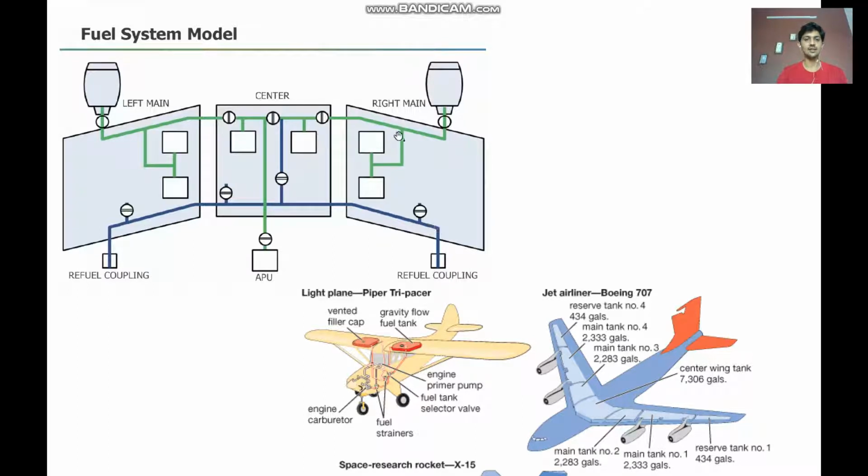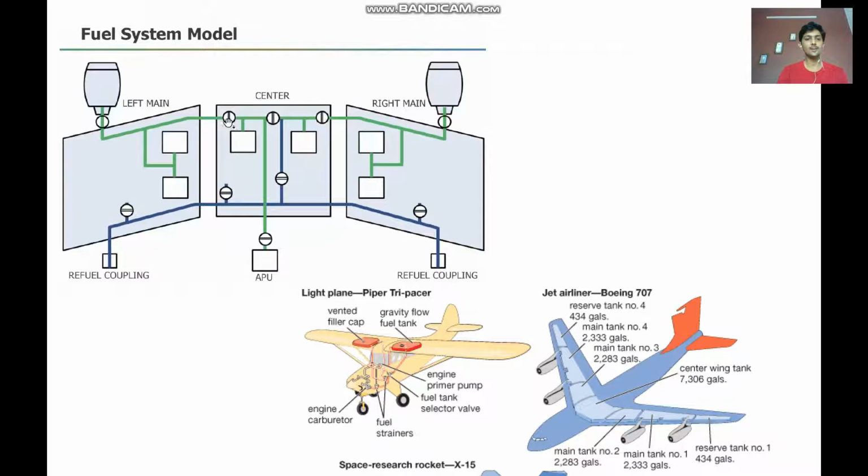Here this green line indicates the feed line, whereas this blue line indicates the cross feed lines. The green lines are going to supply fuel to the engine system. If you can see, one line is connected to this engine, the other one is for this engine, and one more to the APU. Whereas the blue line just connects the three different tanks. The crossfeed line is a supply between the fuel tanks so that the CG can be balanced, and they have their own individual valves. Those are the crossfeed valves.